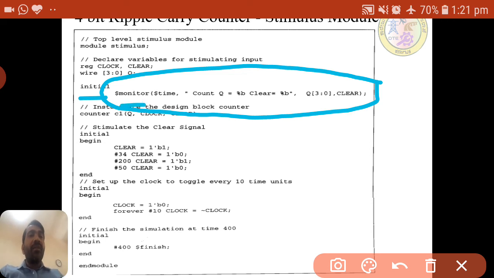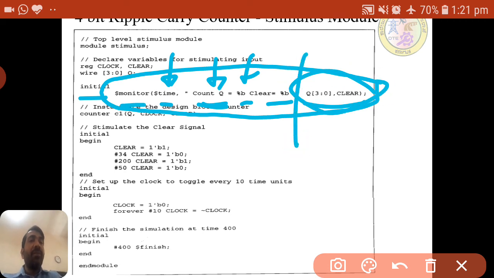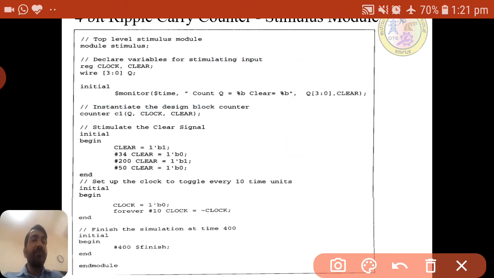So $monitor the time and count means we are continuously monitoring the count value, that is the output, with respect to time. $time is again a keyword which will display the present simulation time. Count is a variable that we are declaring in binary format, and we are also displaying clear. That is the variables here, Q 4 bits and clear.